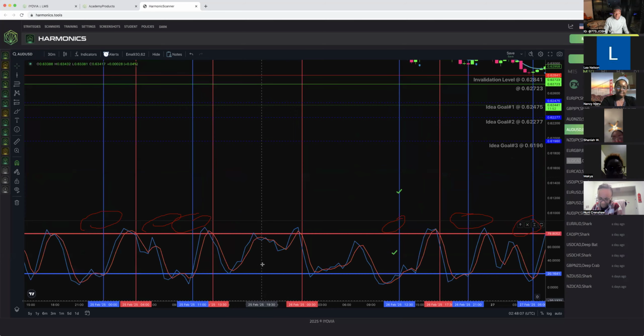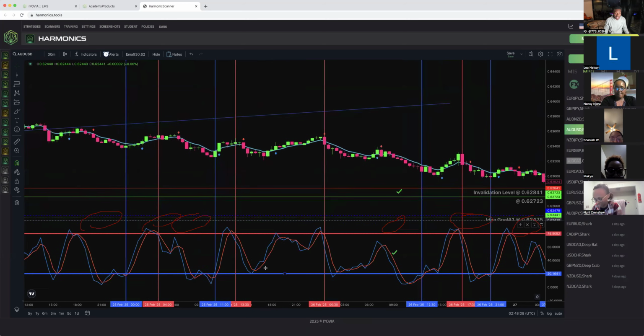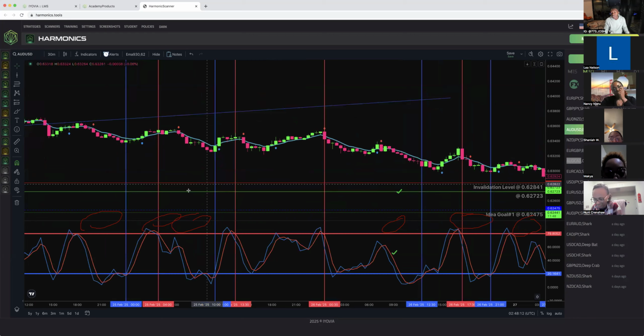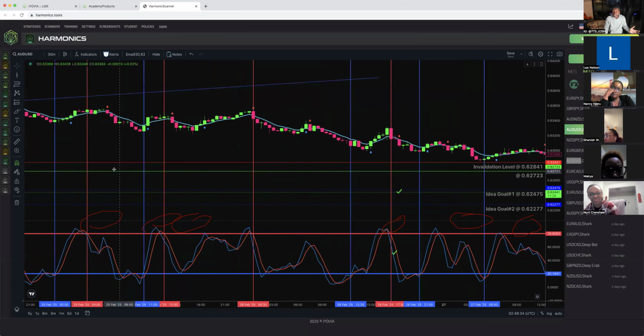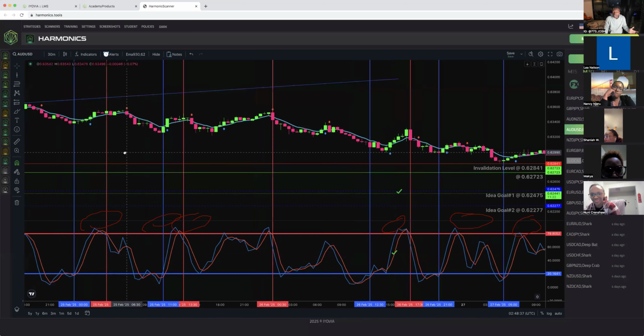If you just understood that, you're able to predict the direction of the market. From the blue line, we said we will buy here. Where did the market go? Up. From the red line, we said we should sell there. Where did the market go? Down. From the blue line, we said we should buy. Up. Red line, down. Red line, down. Blue line, up. Red line, down. Blue line, up. Do y'all see that? Right on the dot.